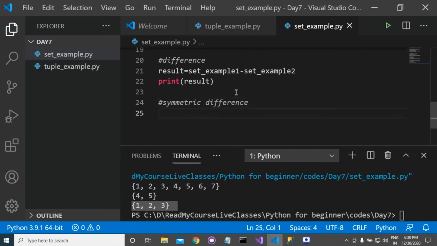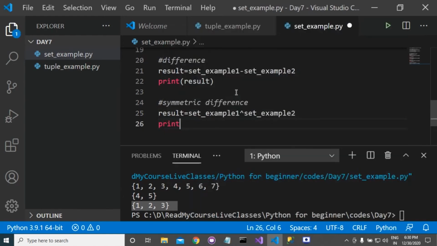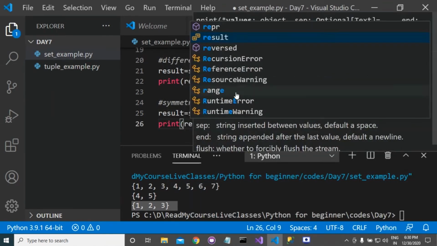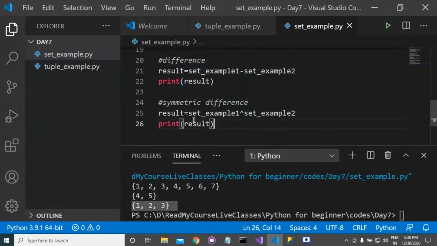If you want to perform symmetric difference, then you can use result is equal to set example 1 and then set example 2. If you print result, it will give you the elements that are present either in set 1 or set 2, but not in both the sets. It will remove all the common elements.